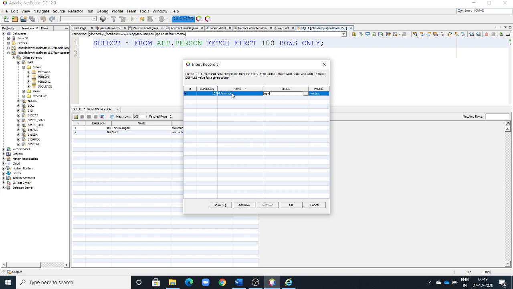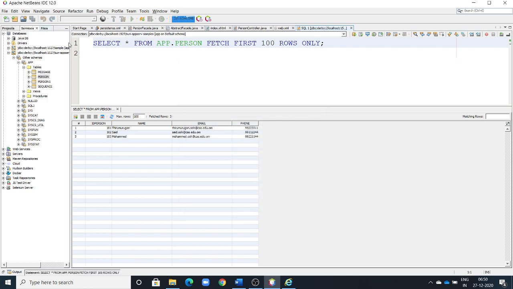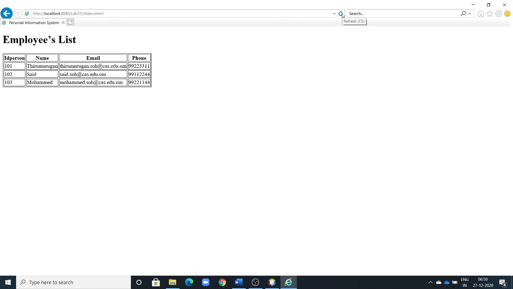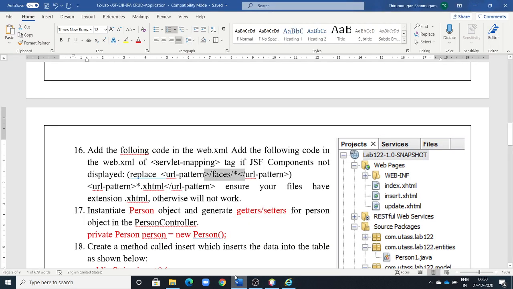Muhammad dot soh at the rate of cas dot edu dot om, and the phone number is 99221144. Okay, click OK. Now see that, just refresh here. Now see that Muhammad is updated. Whatever you update in the database is reflected in the index.xhtml. That is the first one successfully done.